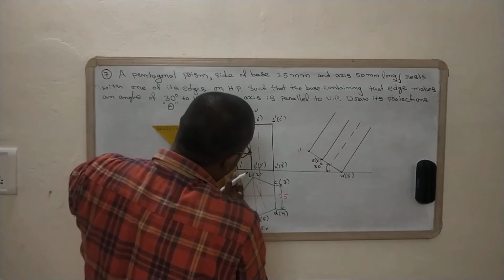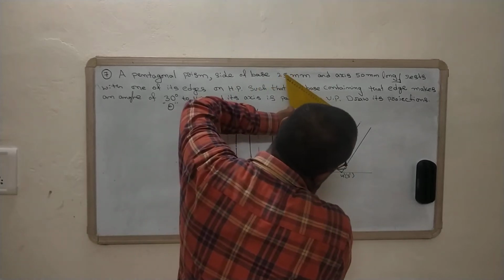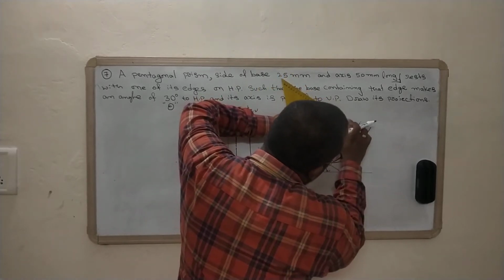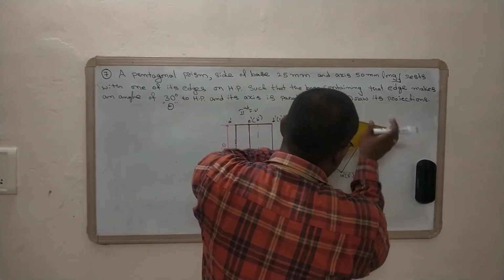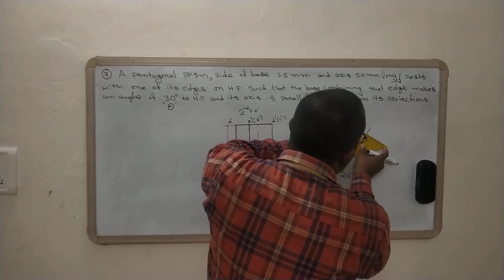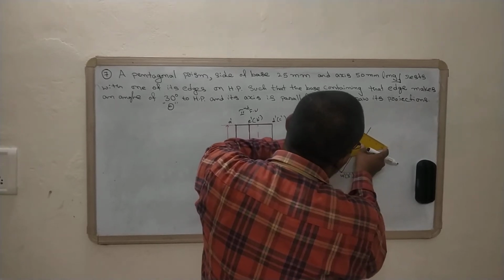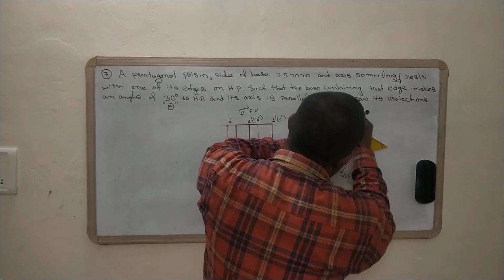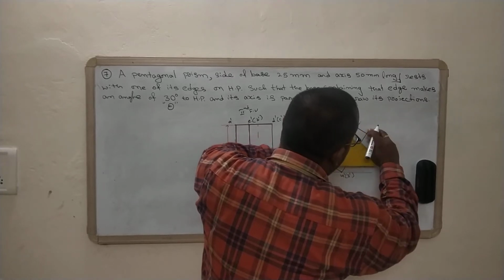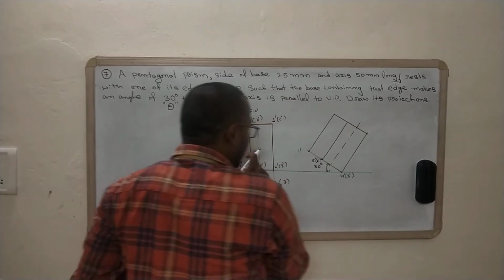So from here to here and here to here must be equal. And then as it is